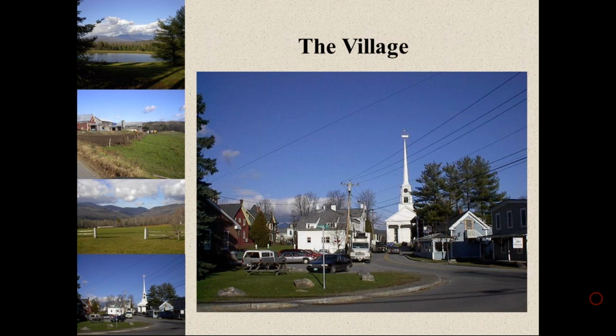It's a working community versus vacation and second home replicas of real communities. You have several generations living in the village and everyone knows each other. And all your basic needs are met with a mix of uses in the village. The typical density of the rural village is medium density, which is 4 dwelling units per acre. And that's a question that's come up on the exam also. Typical density, medium, 4 dwelling units per acre.